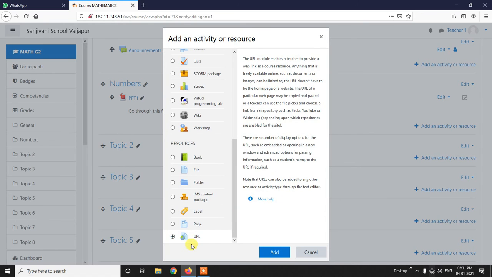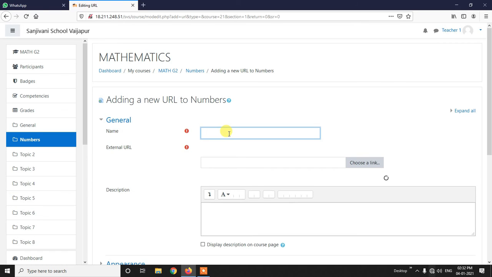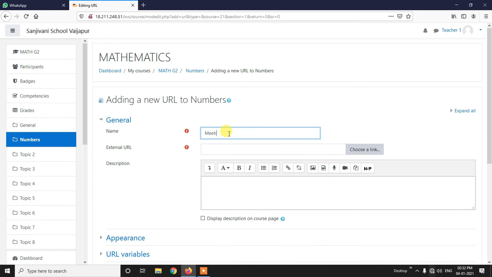If you click on this URL, it will show you the contents. Here you can put meeting numbers, or class numbers, which would be better.